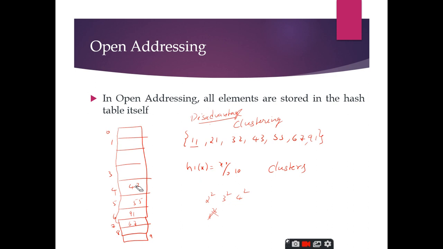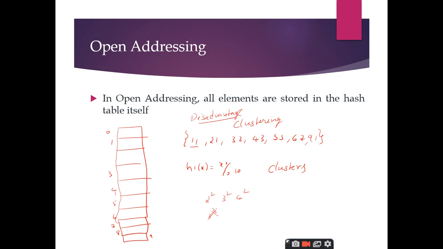This particular disadvantage of linear probing can be avoided by making use of quadratic probing. Even on the search time is big O of n here. Yes, if the clusters are formed, as you told, the search time will be increased, right? It will almost reach up to big O of n. Yes, it is a correct point, right? So the disadvantage of clustering is that the search time increases from big O of 1.